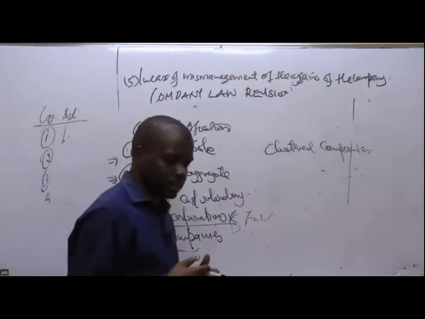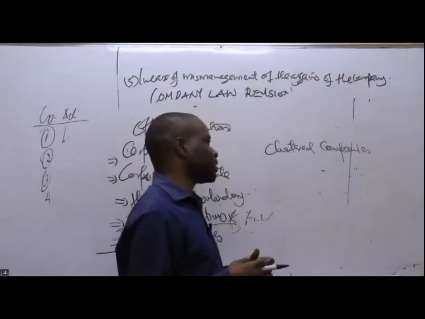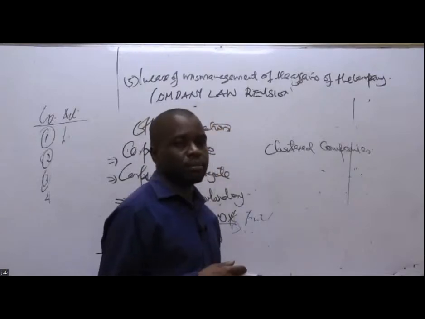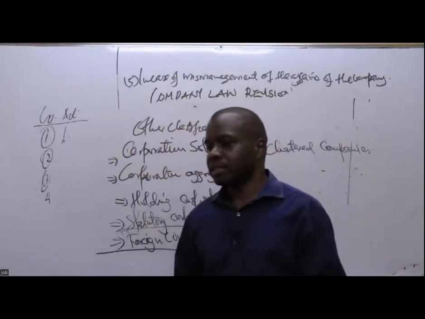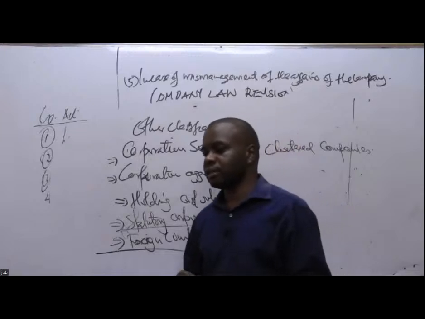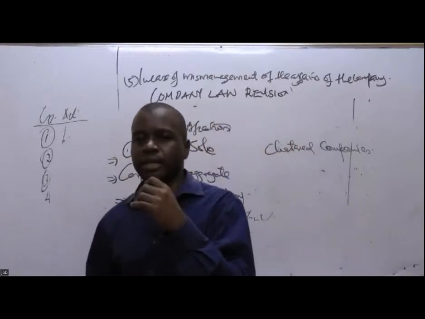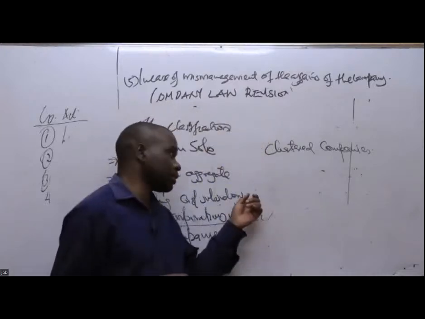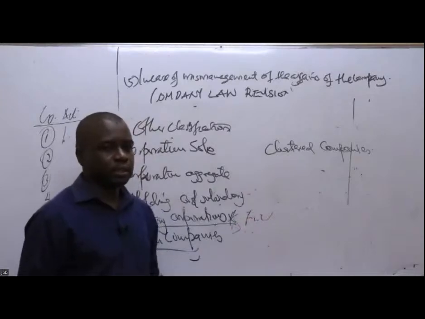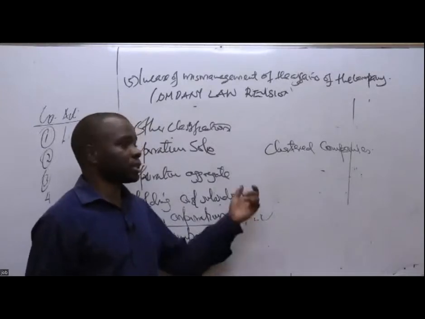Chartered companies. These are simply companies that come into existence through an issue of a charter. The best examples you can give are the private universities. A charter is like an authority that has been given to provide a particular service. Here in Kenya, it is the president who gives out the charter. So that charter to a private university makes it a chartered company.